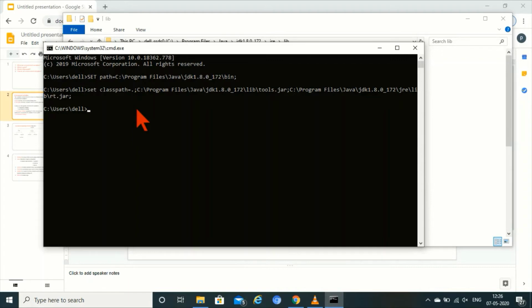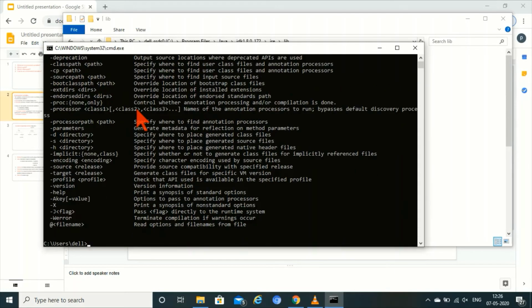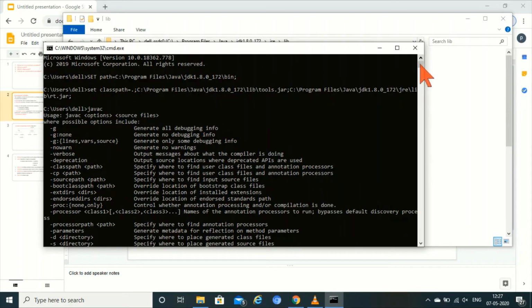So if you enter javac, the path variables are set temporarily. After installation of Java, we have to set the environment variables path and class path. Otherwise, we can't execute our programs from anywhere.